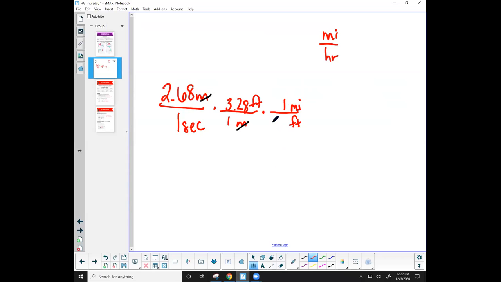So 1 mile is 5,280 feet. All right, so I can get rid of my feet, and now I have miles, right? I have my miles done. So now let's deal with seconds. I need to get seconds to hours. Seconds to hours, so